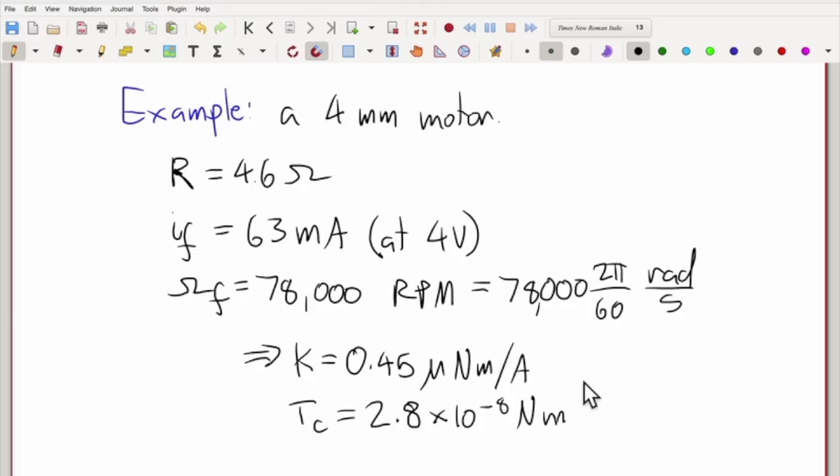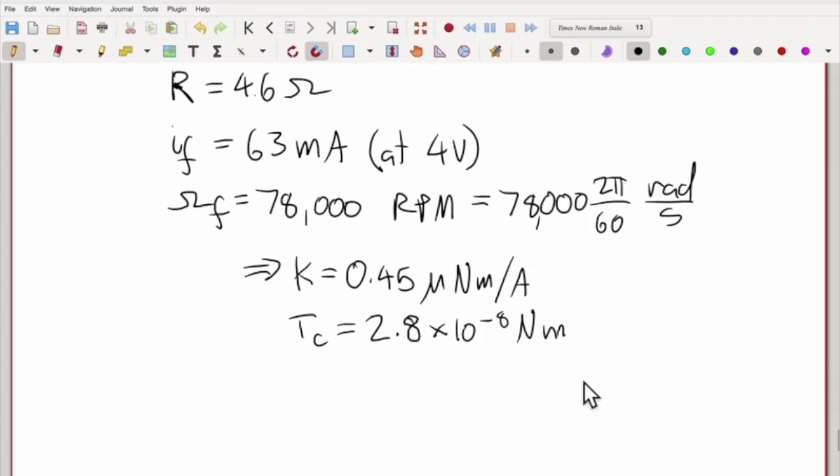And that's right. Newton meters is a measure of torque. Okay. And then with that, we can, if we want to, use some of these other pieces of equations we derived above. We can find out, for example, the P max. That turns out to be, for this little motor, 0.75 watts